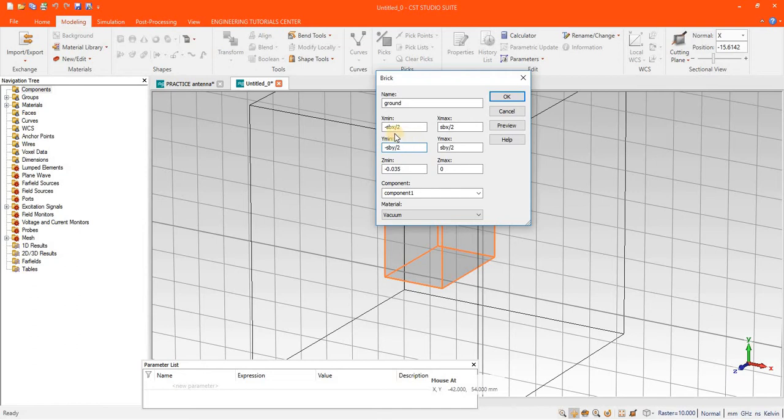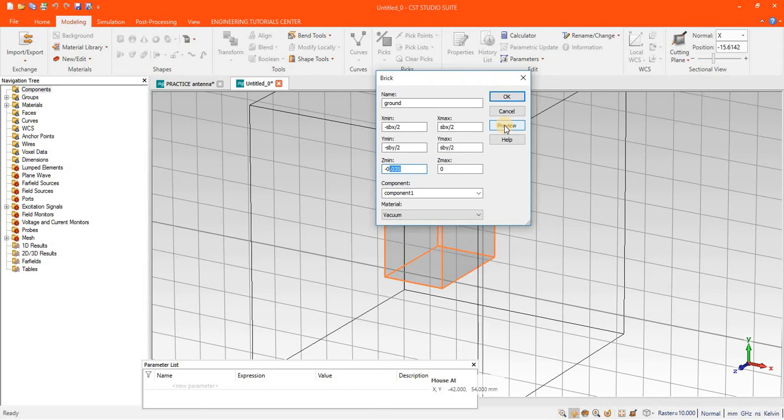I have defined a variable SBX, substrate along the x-axis, from minimum starting point to maximum endpoint. Similarly in the y-axis, and in the z-axis it will be downward. Their thickness will be that much. This is for the ground. So I will assign values to it.